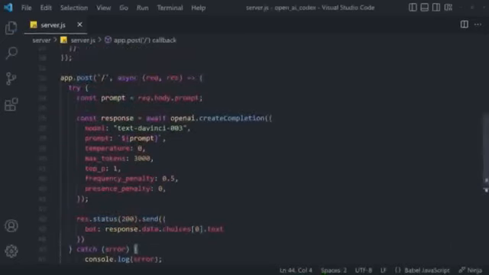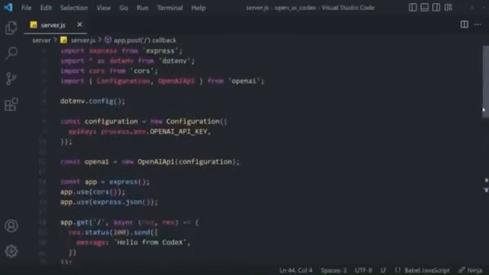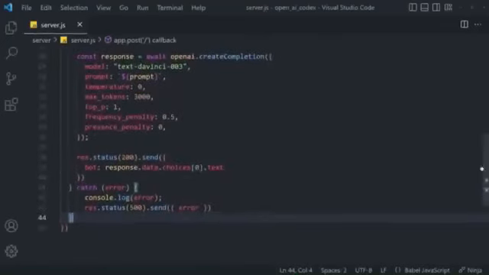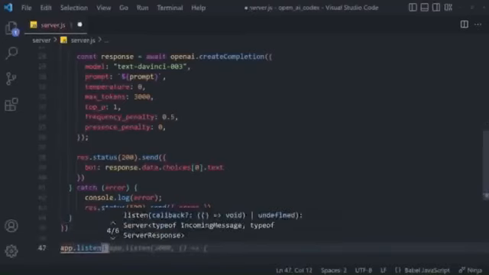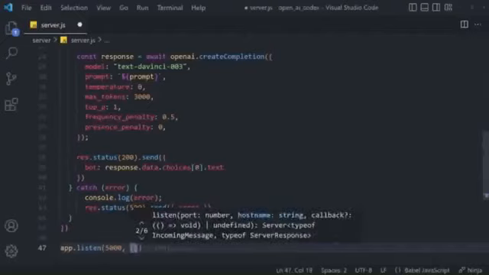Great. Believe it or not, this is it. This is all that you have to do to be able to get a response from the most powerful AI in the world. Now, we just have to make sure that our server always listens for new requests. So we can say app.listen 5000. We're going to have a callback function to let us know